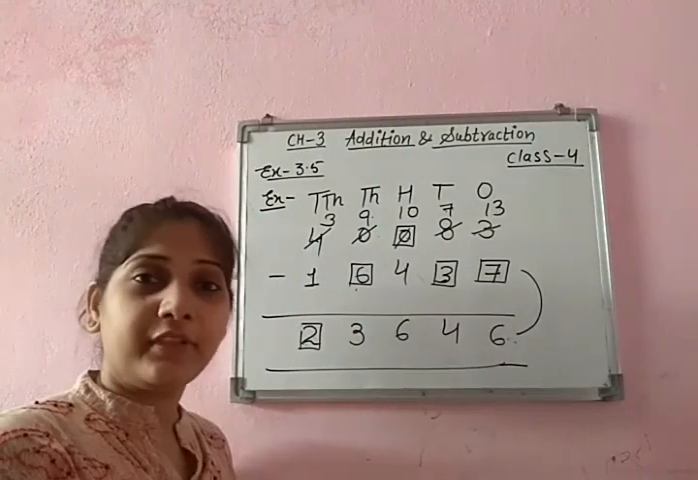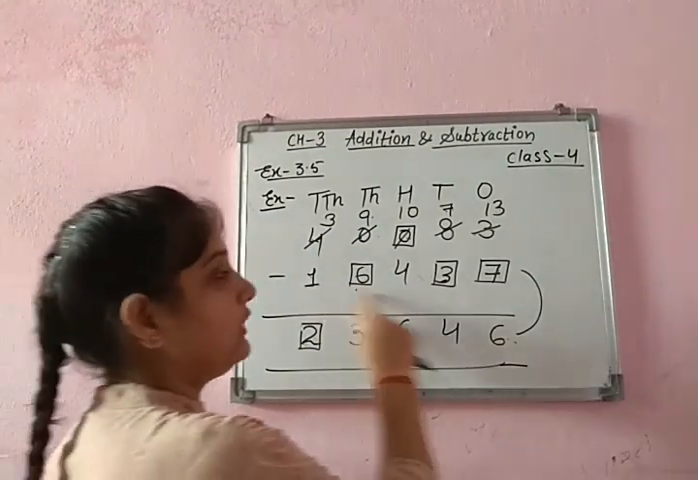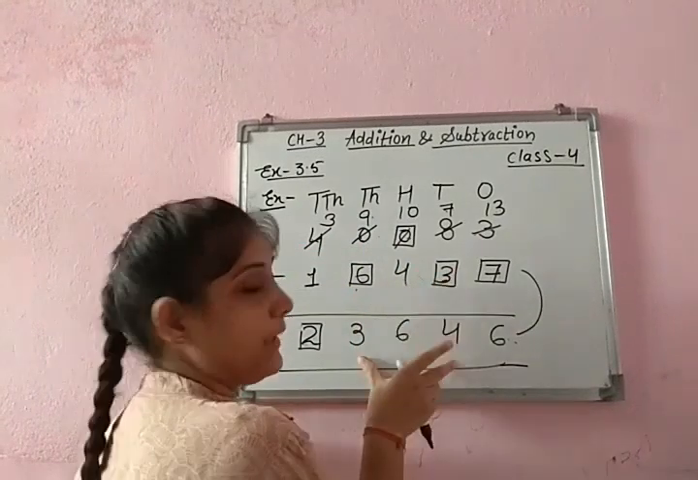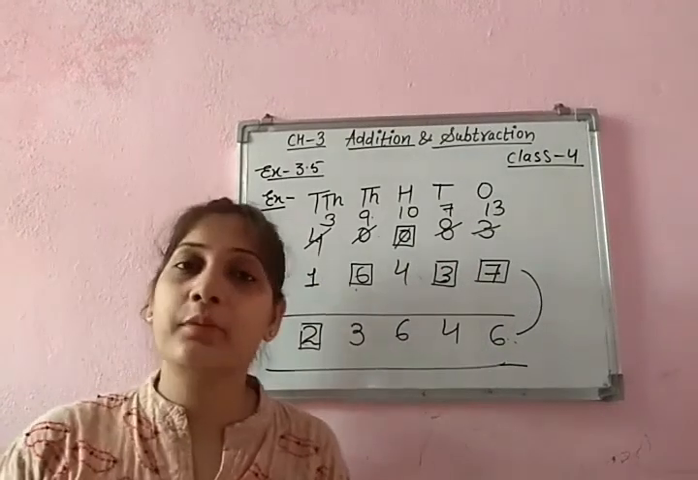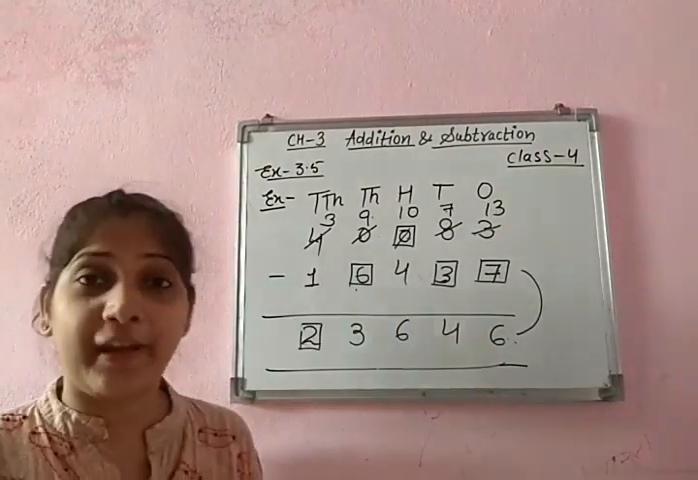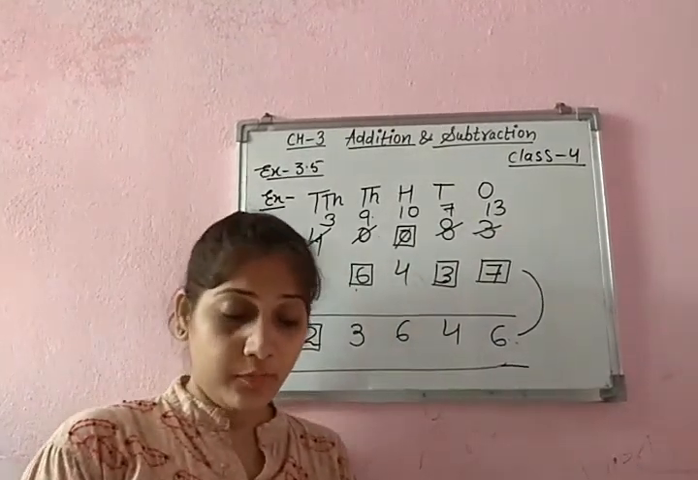Okay. After doing your question, you need to do the addition of these two numbers, subtrahend and difference. You will get the minuend. I hope this is clear. Do a lot of practice and from your book exercise